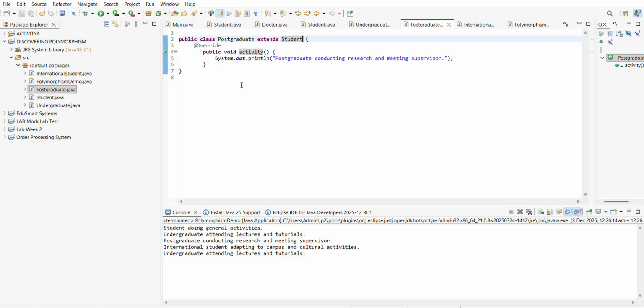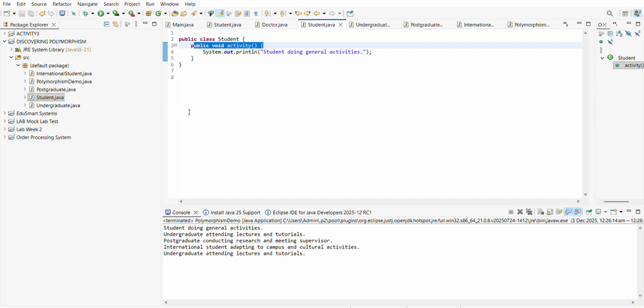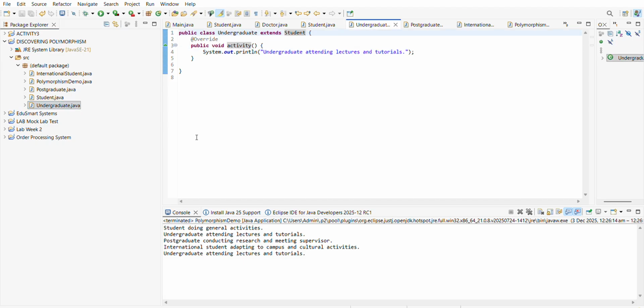So the last one is question C, which is the limitations of the approach. As you can see in the Student class, only methods defined in the superclass can be called. If a subclass has a special method that does not exist in Student, we cannot call it through a Student reference. As you can see at Postgraduate or Undergraduate, it will be just the same. If a subclass has extra methods, we will need to use instanceof to check the object type, which makes the code less clean. And as you can see here,